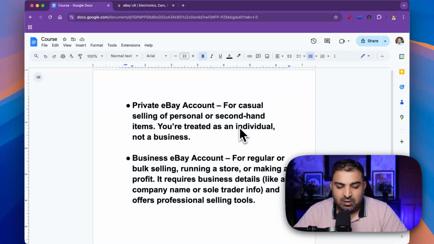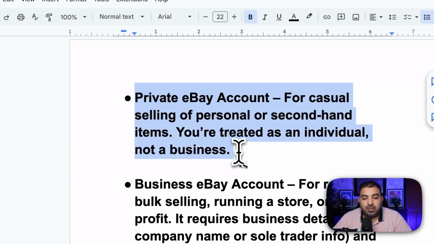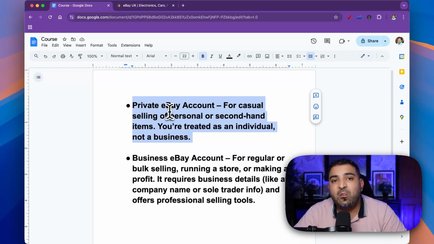So in this lecture, I'm going to cover the difference between a private eBay account and a business eBay account. One thing you need to keep in mind: if you are going to apply for self-sponsorship, the private account is not something that you even need to think about. If you already have an account on eBay and it's a private account, and if that account is old,